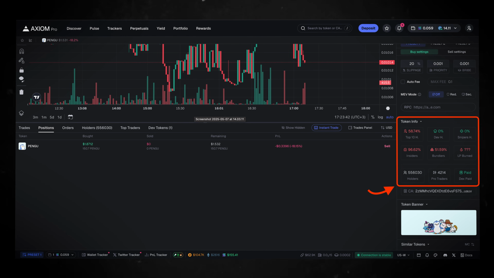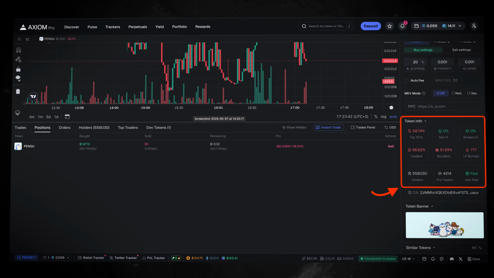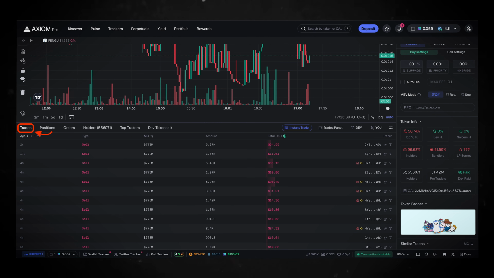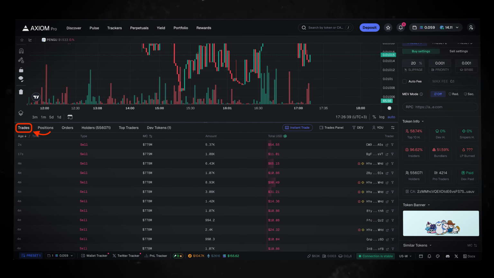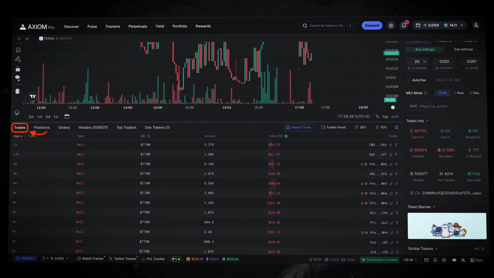Now, scrolling further down, you'll encounter the Token Info panel that provides comprehensive metrics on token distribution. It shows clearly what percentage of supply is controlled by the developer wallet, top holders, early buyers, insiders, and bundler wallets. Meanwhile, another valuable area is the Trades panel, situated directly under the main chart. Opening this panel displays all recent trades involving the selected token, identifying buyers, sellers, and highlighting trades made by wallets categorized as insiders,